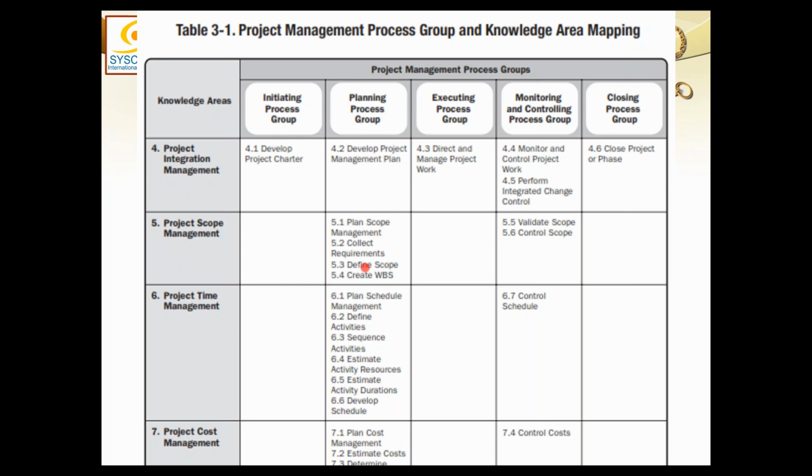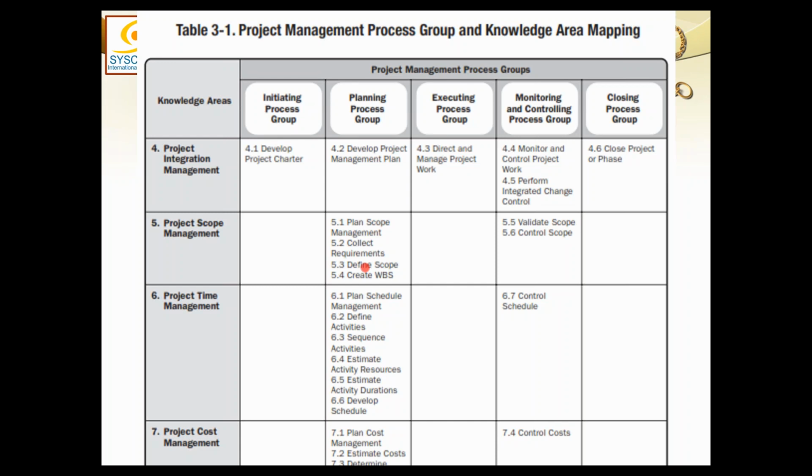The point which I wanted to make was that although there could be many baselines, we are only concerned with three baselines. We do not consider any other baselines. We have the scope baseline, we have the schedule baseline, and we have the cost baseline. Actually, these three baselines put together are enough for execution of the project. Now, as far as the other knowledge areas are concerned, our project management plan will also include the management plans of all the respective knowledge areas.